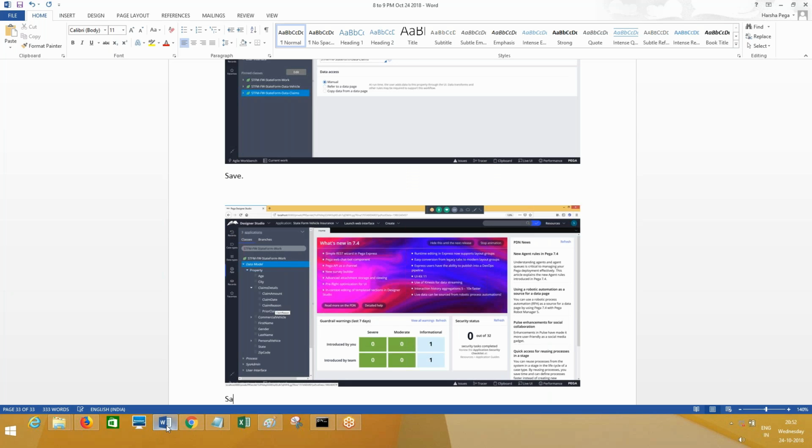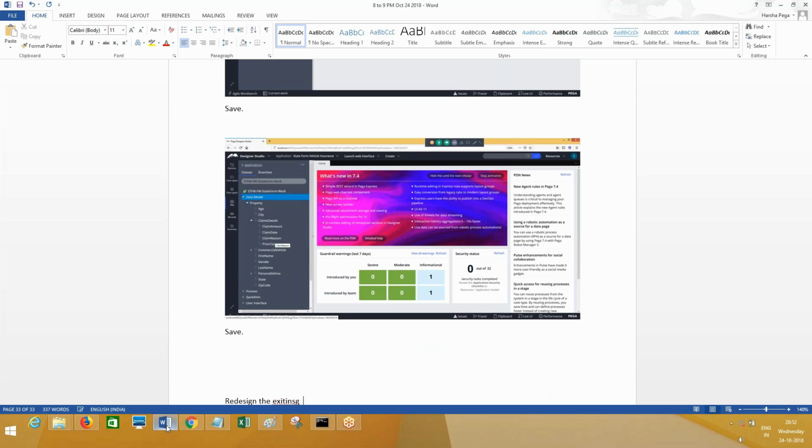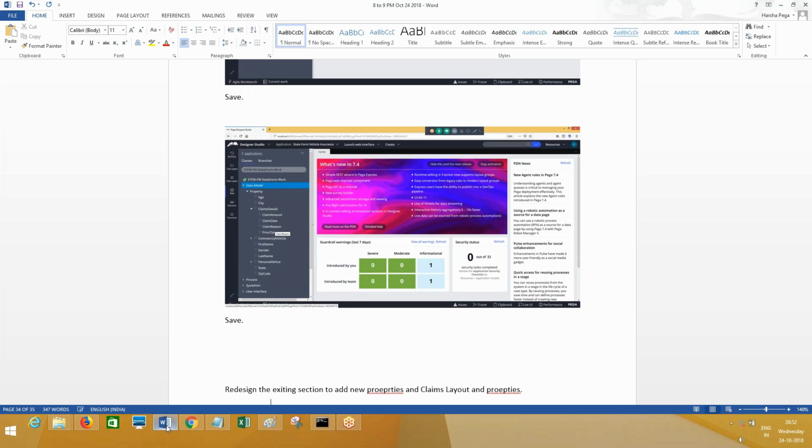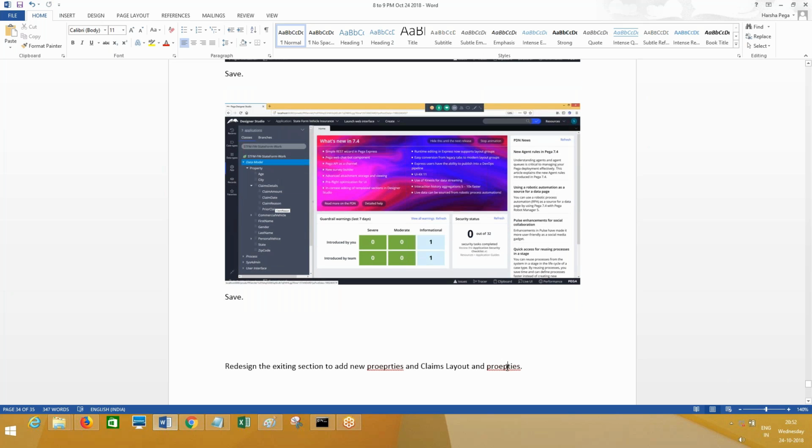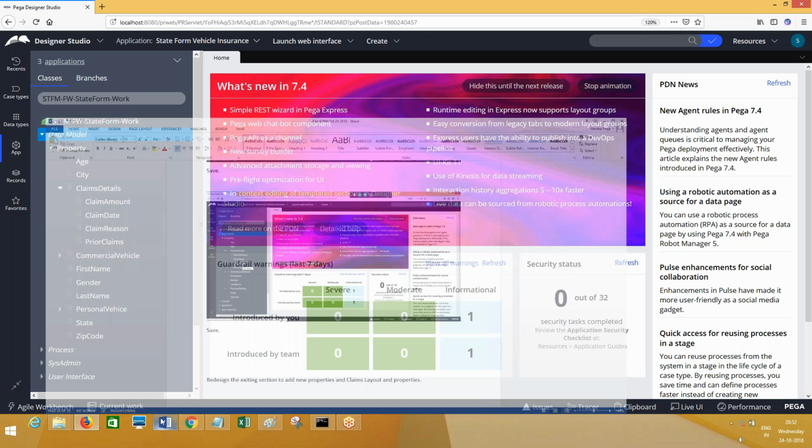Now redesign the existing section to add new properties. Claims, layout and properties. So the existing section we need to open again and then make the modifications. You know how to open the existing section? Here you go.